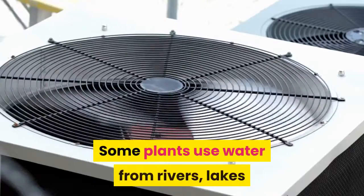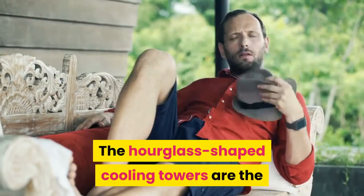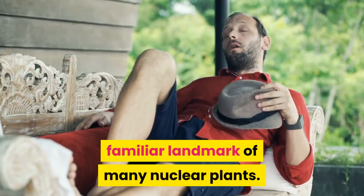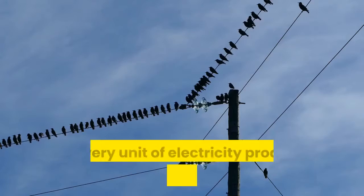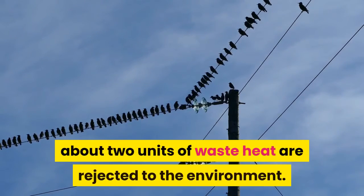Some plants use water from rivers, lakes or the ocean to cool the steam, while others use tall cooling towers. The hourglass-shaped cooling towers are the familiar landmark of many nuclear plants. For every unit of electricity produced by a nuclear power plant, about 2 units of waste heat are rejected to